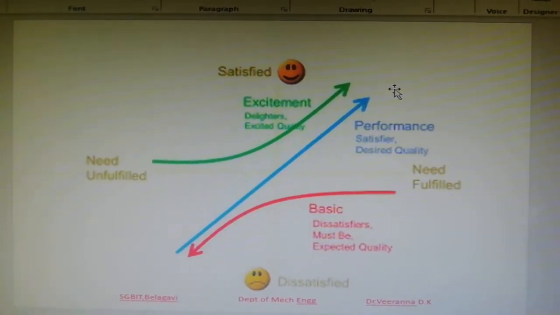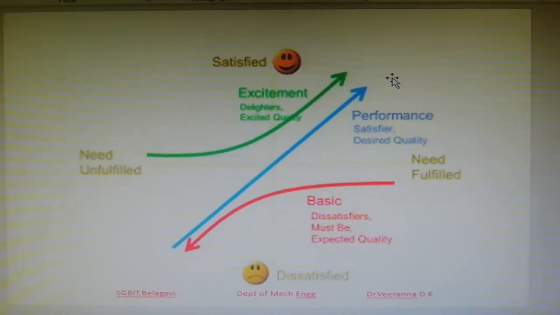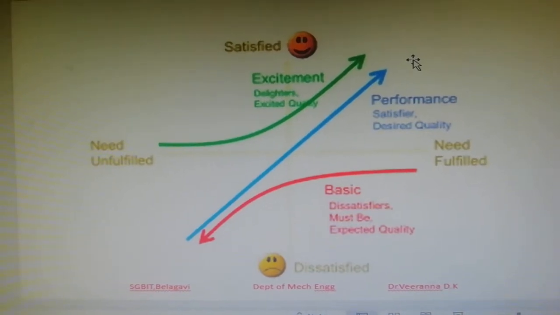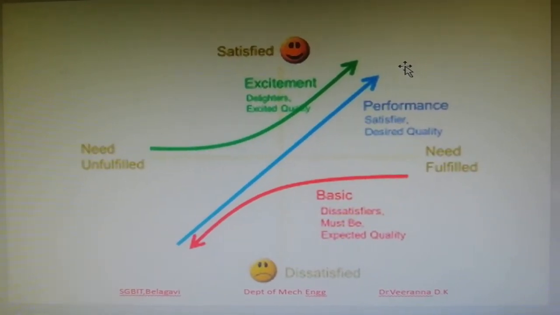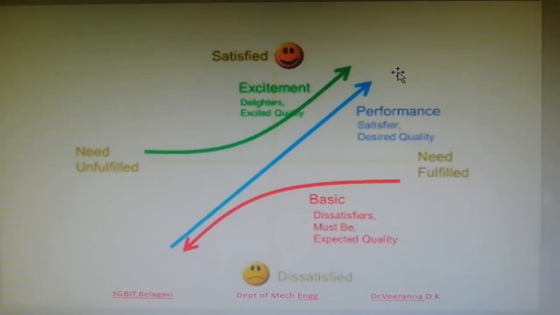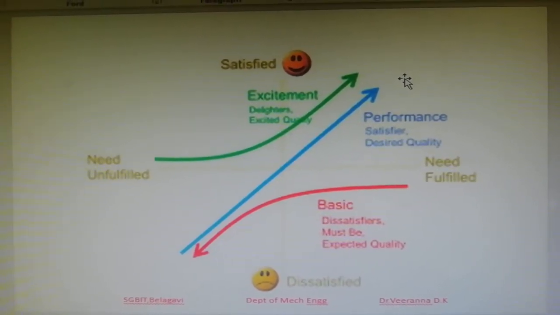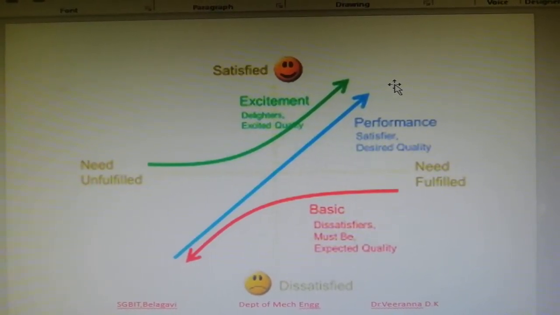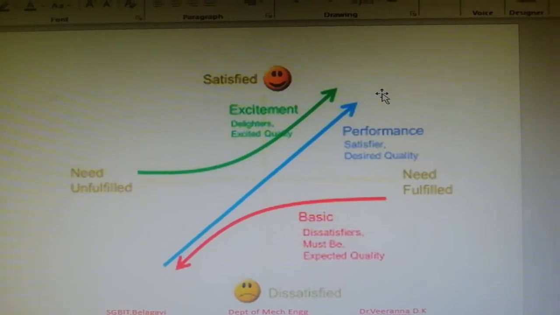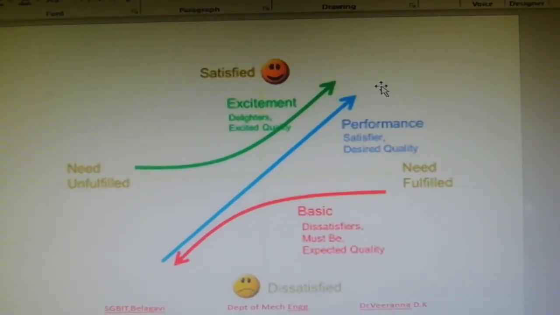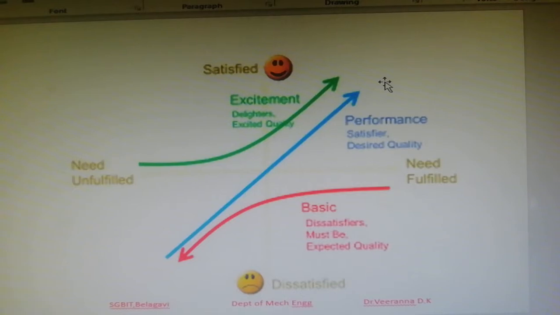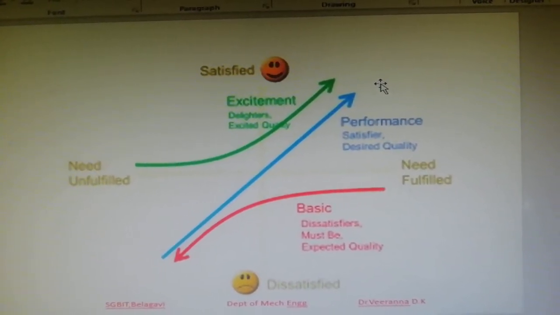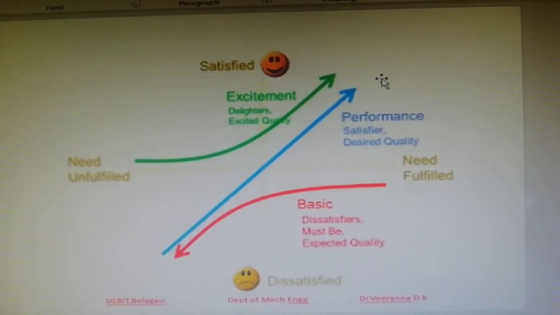Okay, let us go with one more curve with the green color, which talks about the excitement or the delighters. Take the example of the same tea example. If you go to the hotel and order a tea, and the tea is served with some additives like fragrances or some additional things, then you will feel some Ayurvedic contents, and automatically you will feel excited to drink that tea. Okay, these are the things which are not expected, but if you put them, then automatically the customers are delighted or excited.